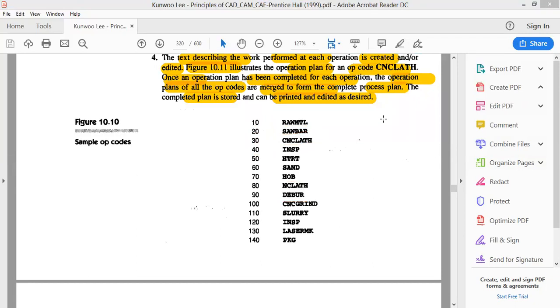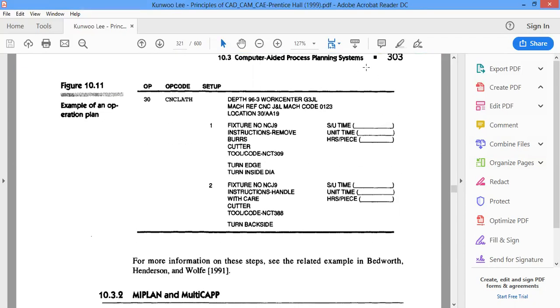Next, when it comes to the shop floor, the operator is going to receive the engineering drawing specifications. Apart from that, what should be the depth, and what type of machine he has to use, and what is the fixture that he has to use, and what is the instruction.